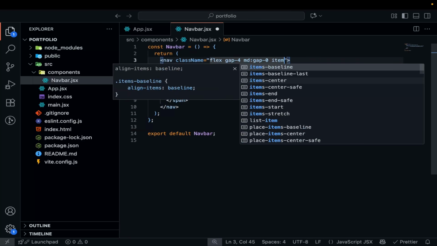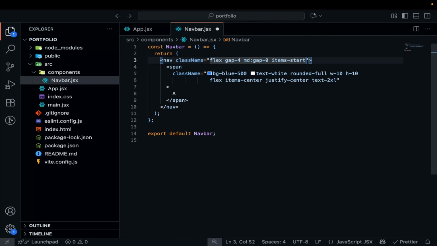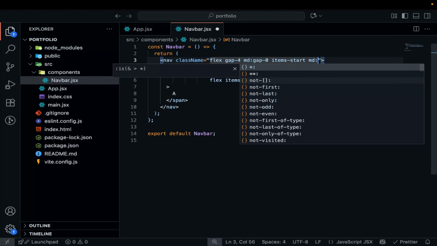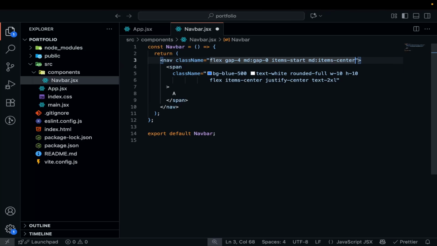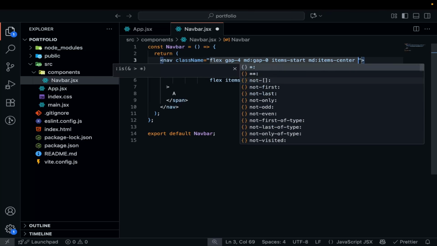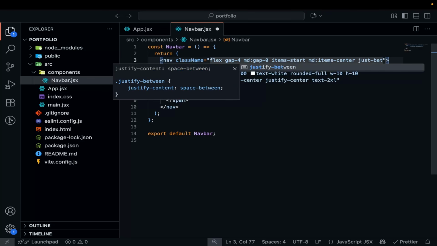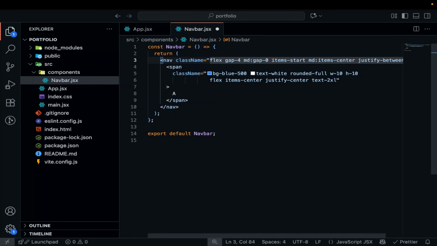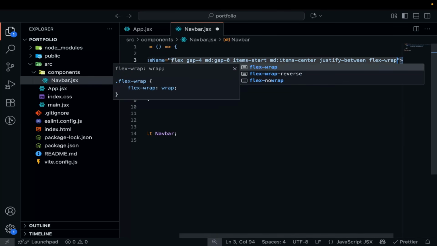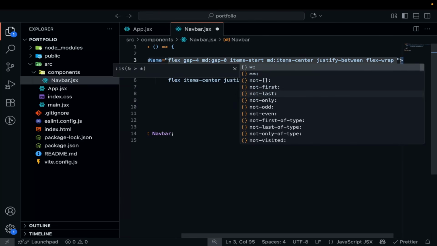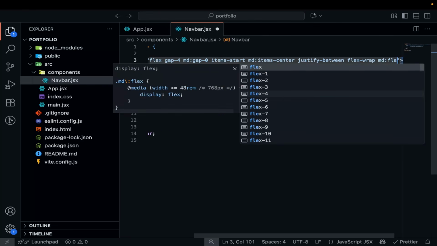I'm going to make the items start, and on medium I'm going to make the items center so that our website will also be responsive. Then justify between. What justify between does, it will justify the content with space between. Then we are going to make this flex wrap,